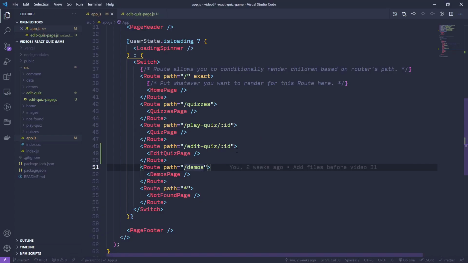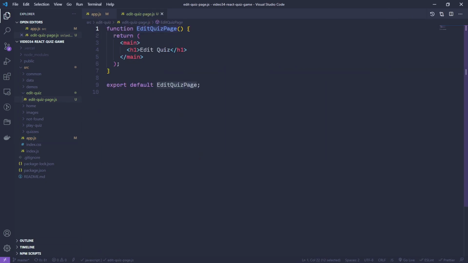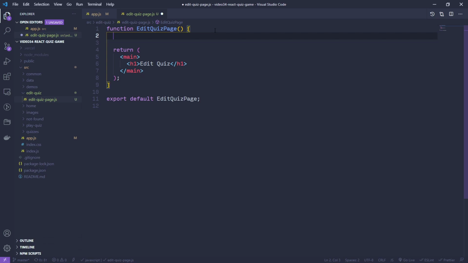So we don't have to do anything special here. We're still just capturing a variable. It is either going to be a valid ID from our database, or it's going to be the special string of "new". So back in our edit quiz page, let's grab the ID